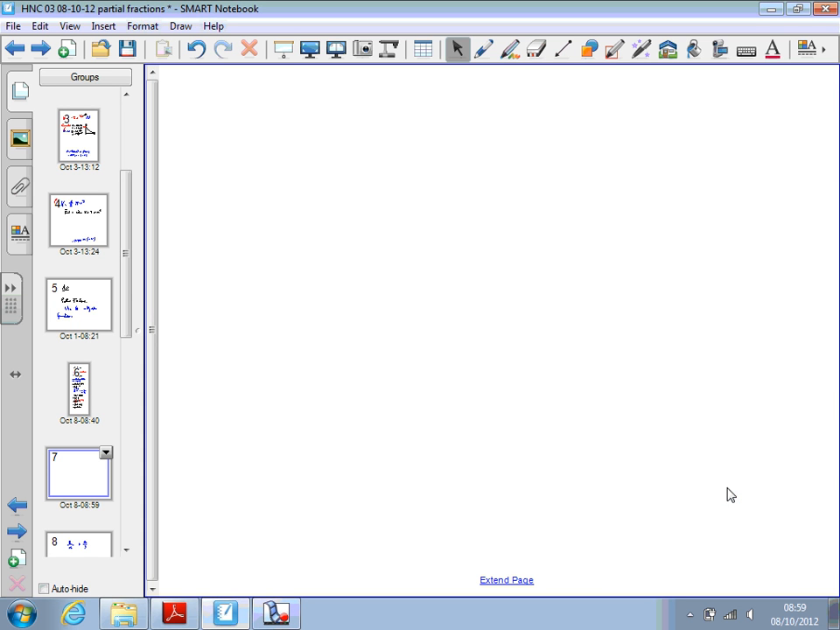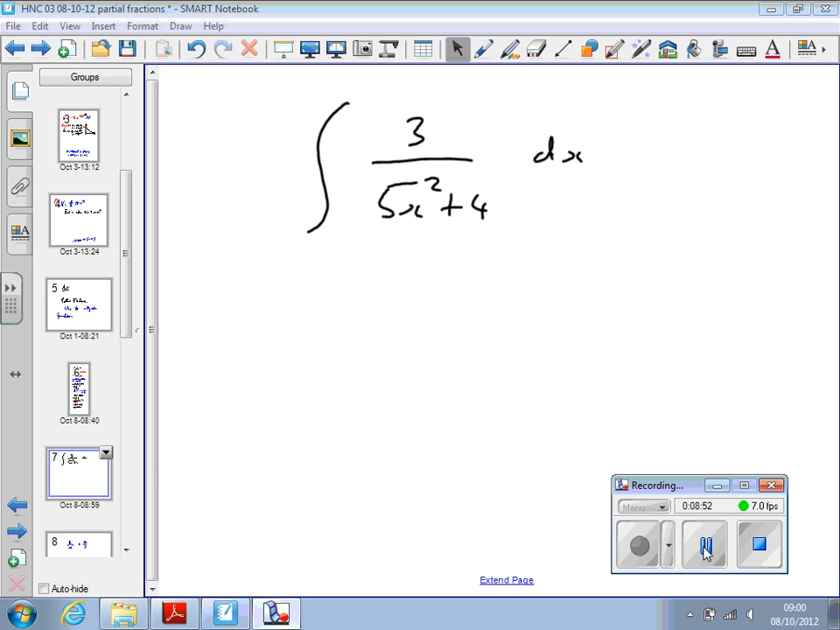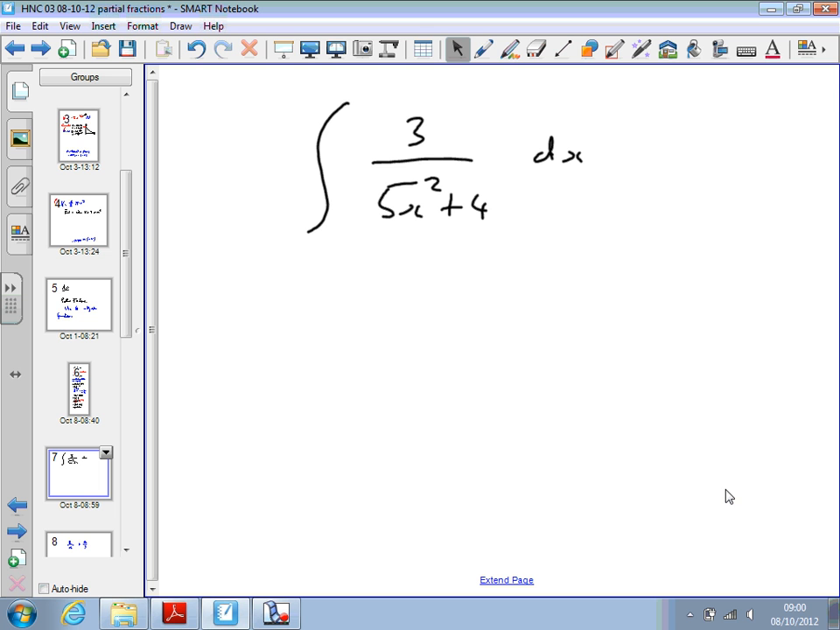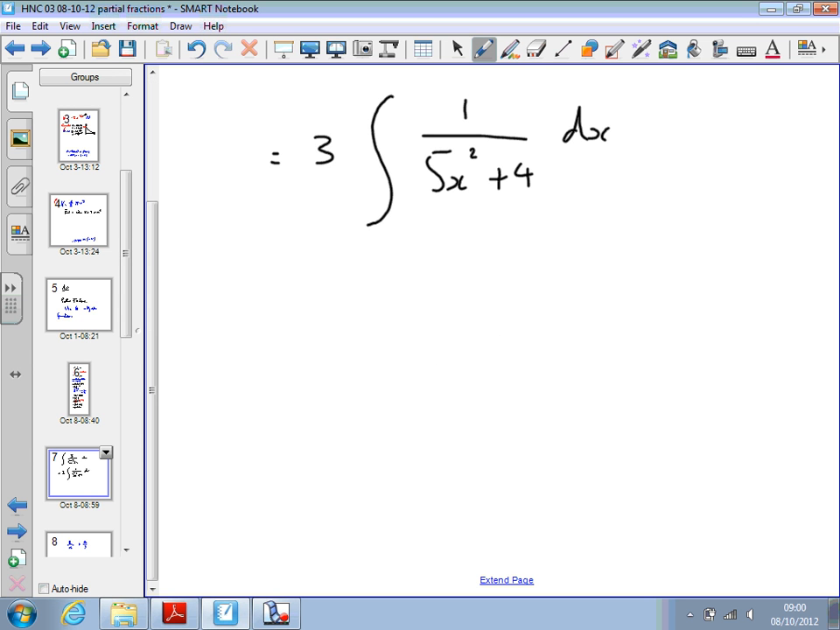Let's look at another example. Integral 3 over 5x squared plus 4 with respect to x. First step, take the 3 outside. Okay, next step. Right, u equals 5x squared plus 4, so we can write